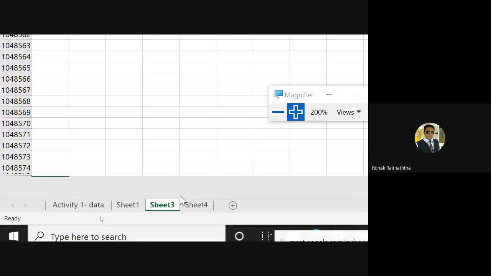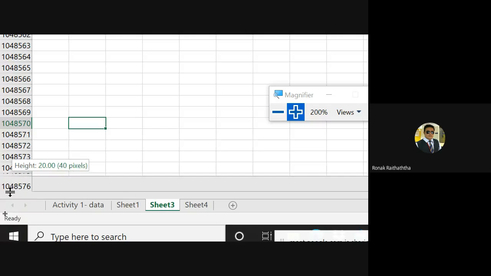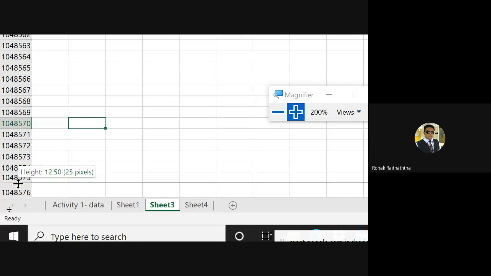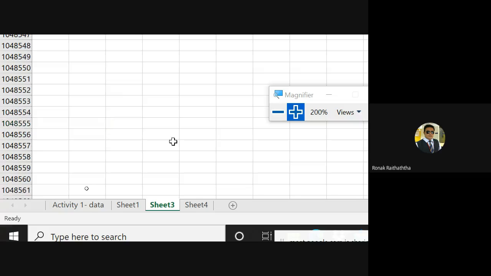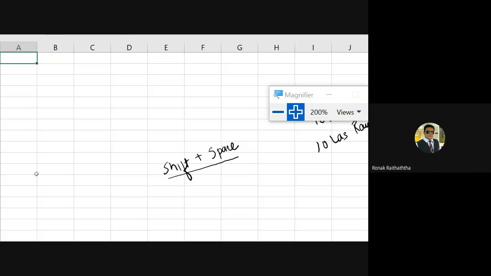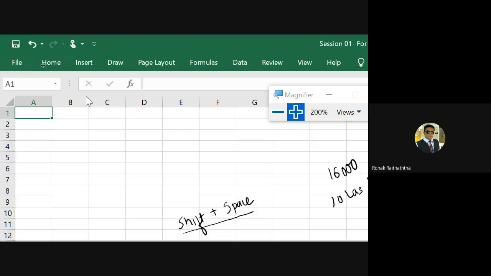Some of the students would be like, sir, what is that control down arrow? Please explain it further. Beta, I am telling you, don't take tension, everything will come, everyone will get it, nobody needs to take any tension. Okay. So if I want to go upside again, control up arrow, and I am there where I want to be.